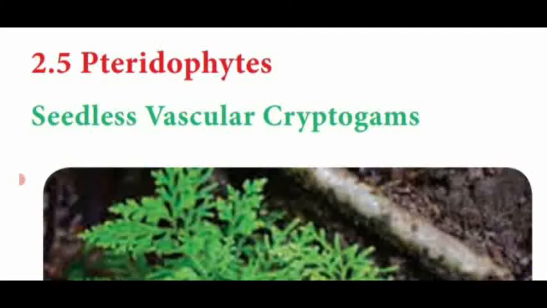Why is it said to be seedless? The name itself, that is, the broad division of plant kingdom, cryptogam, is otherwise known as non-flowering plants. That means absence of flower. If there is no flower, means no seed, isn't it? That's why the pteridophytes are named as seedless. That means absence of seed, but vascular cryptogams, that is presence of vascular tissue such as xylem and phloem.